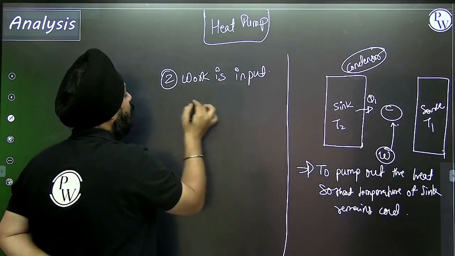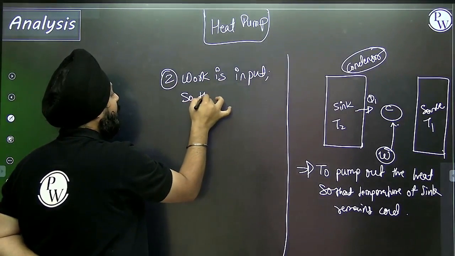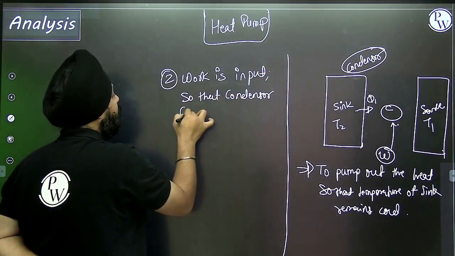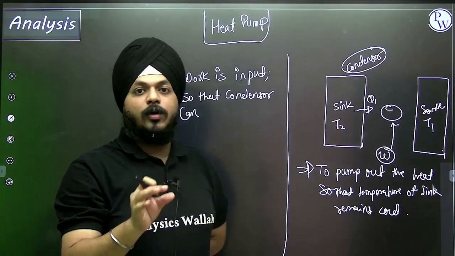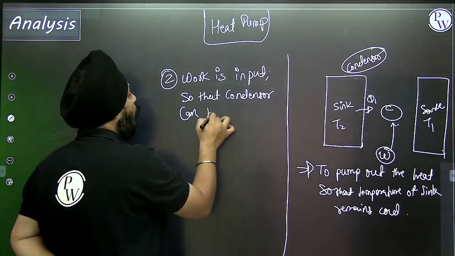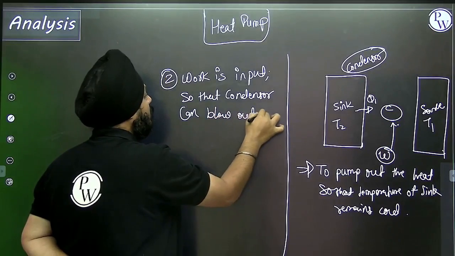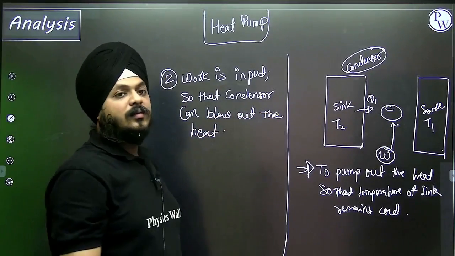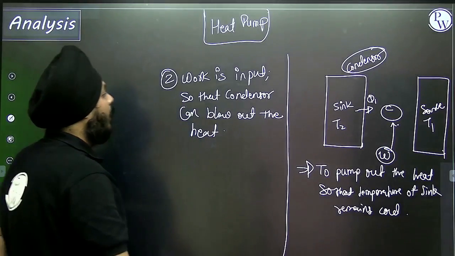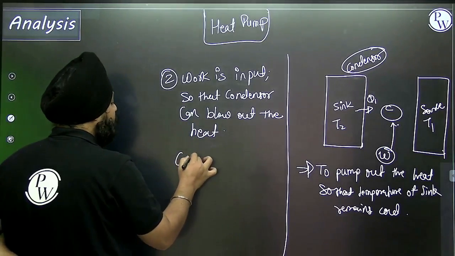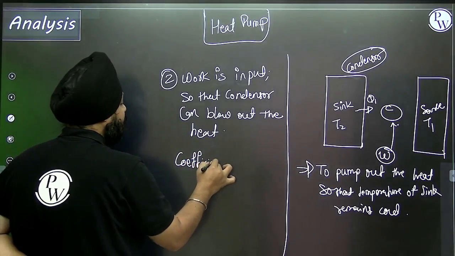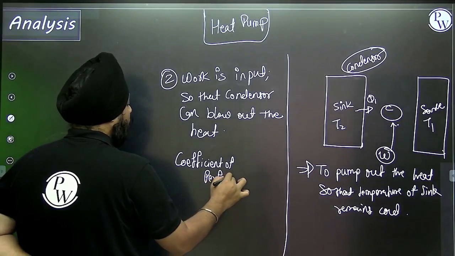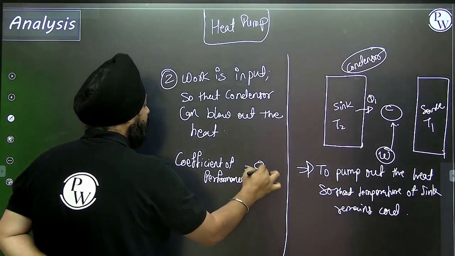Work is input so that the condenser can blow out the heat, right? It can pump out the heat. So here we have the coefficient of performance. Here we do not have efficiency, we have the coefficient of performance, that is Q